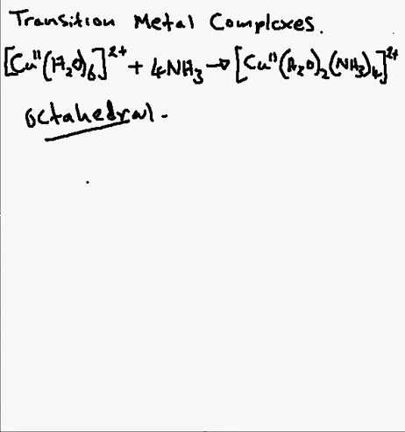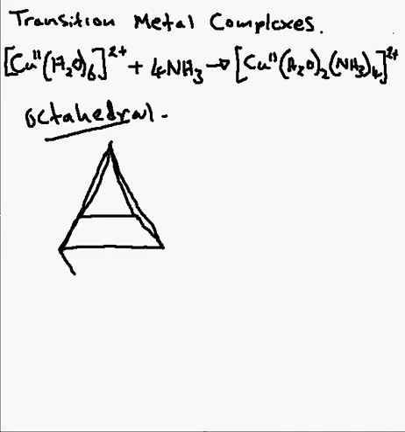Okay, so if we draw out a square to start with, which is the base, and if we then draw some points from there, like so, what we end up with is your octahedral, which has 6 points, 1, 2, 3, 4, 5, and at the bottom 6. And if we imagine our copper in the centre, like that,